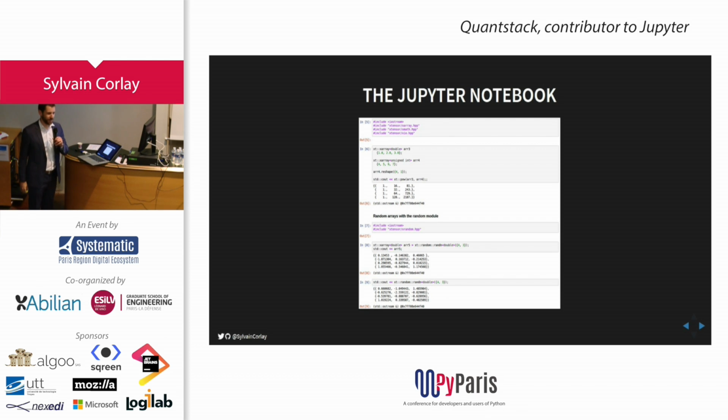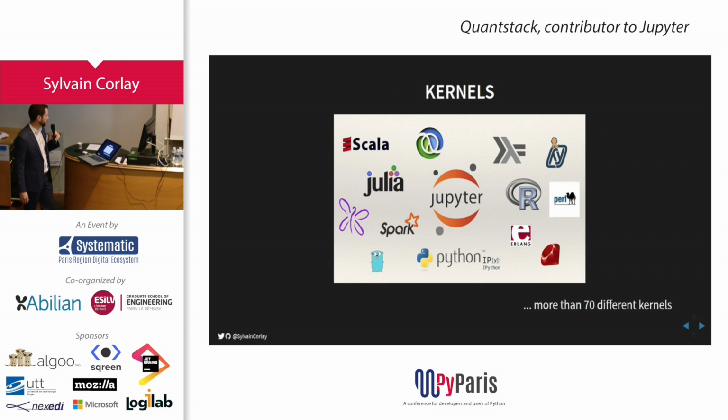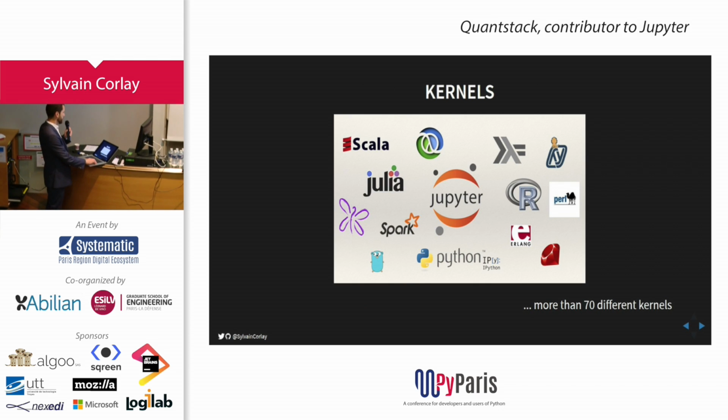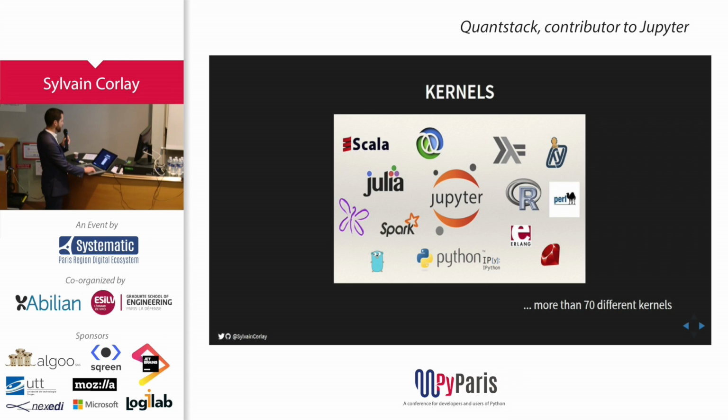I'll show it to you later, like a live demo. So where you can, in the same document, have interleaved rich text for a narrative, code examples, and their outputs, and some data visualization. So kernels are available for Scala, Julia, Spark, R, Perl, Python, Ruby. They don't all have the same level of support and features, but the basic features are there for all these